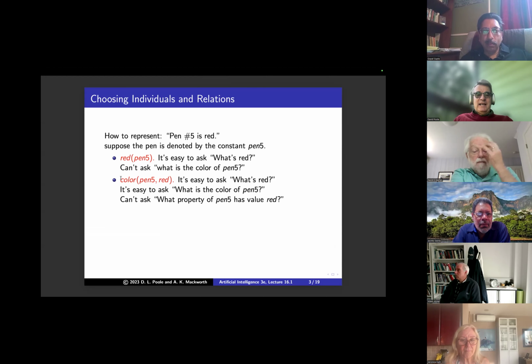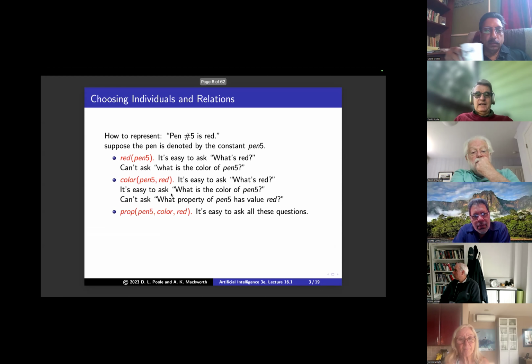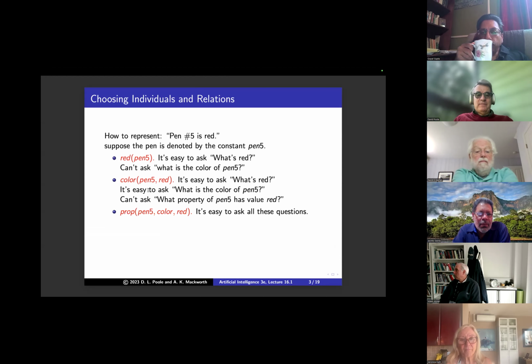But what we can't do is ask what is the property of pen 5 that has color red, because it's first order logic. And even if we could ask this, there are lots of things that are true of pen 5. It seems like there's no disadvantage in doing this. Now we could do this reification one more time, and we get pen5 color red, right?